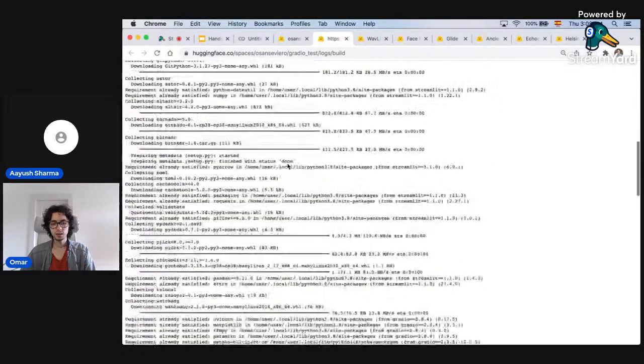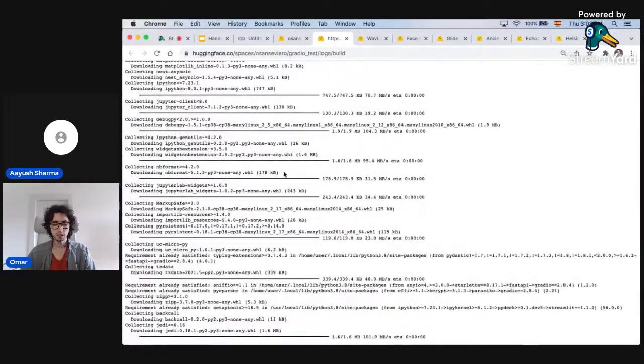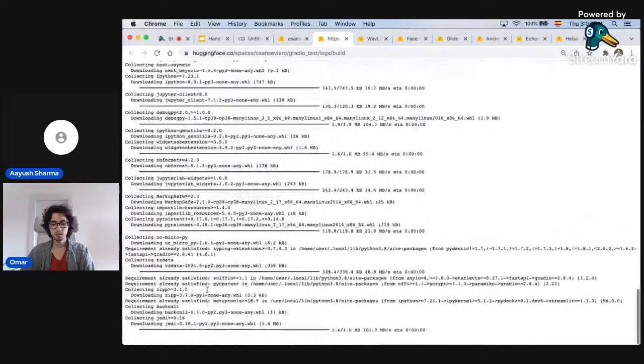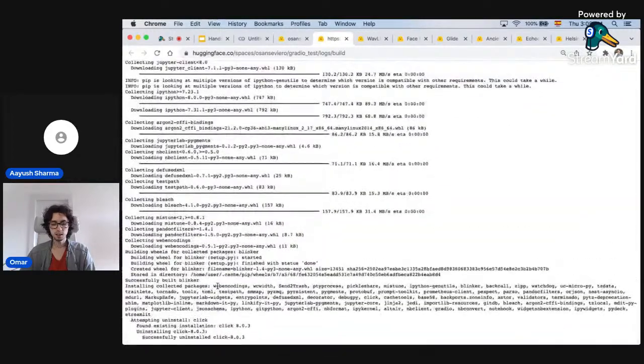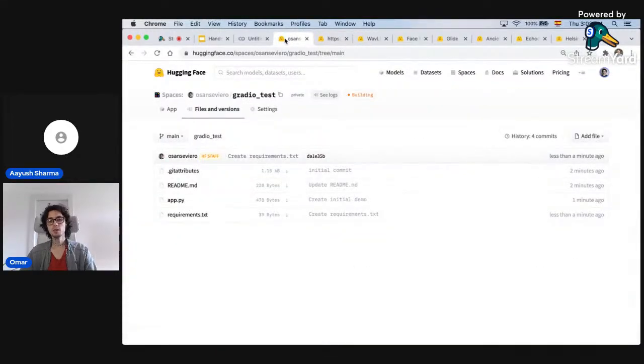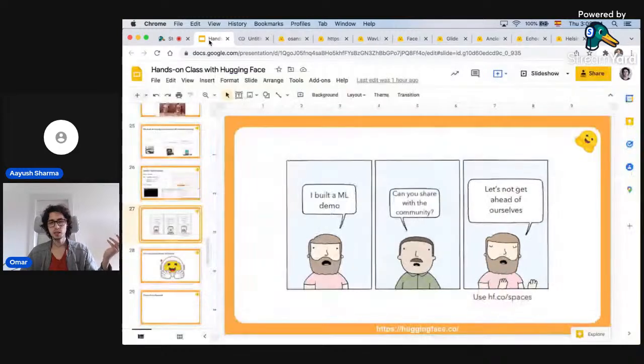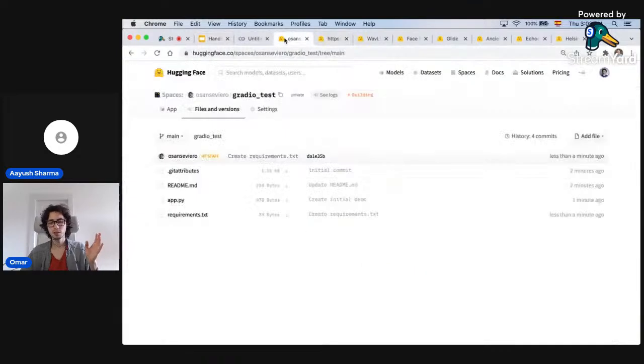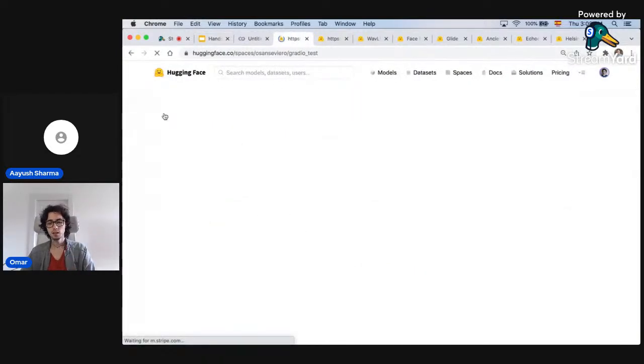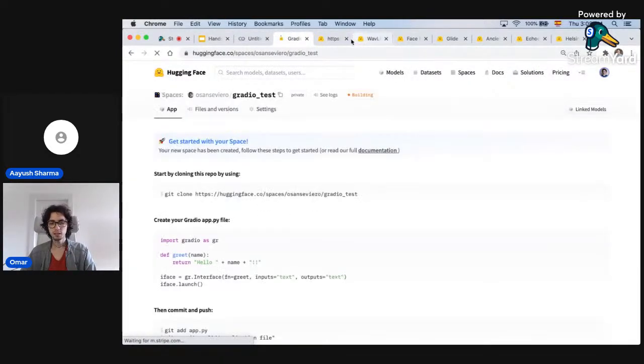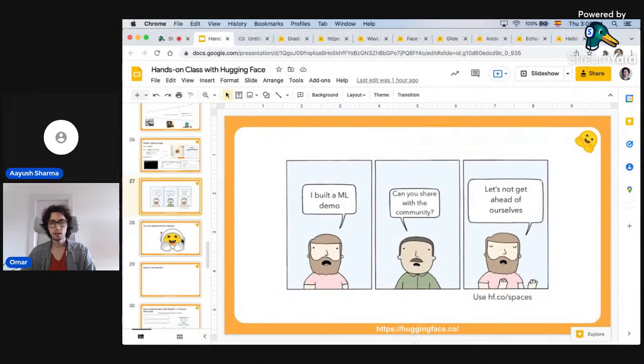So you can click see logs, and this is not super important, but here you can see that things are getting installed right now. Under the hood, this is using something called Docker. This is installing a couple of things, but in your case, you don't need to worry about how this works under the hood, right? You can just specify the requirements, wait a bit, and see how things look, right? So this is taking a bit. So while this is building,